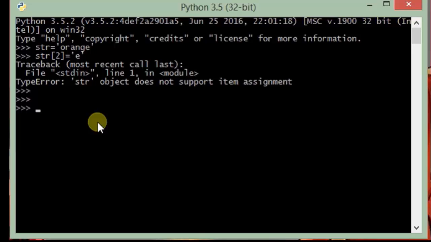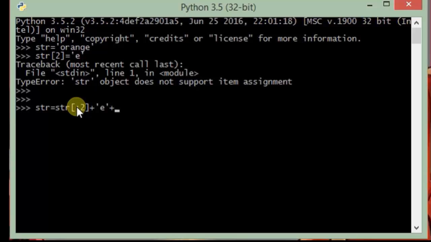So we have str equals str, the already defined value is orange, and we want the first part and then the last part, and between both we want e, right? So we will take indices 0, 1, 2, and the second value will be till minus 1. So we'll take colon 2, and we'll concatenate with e,